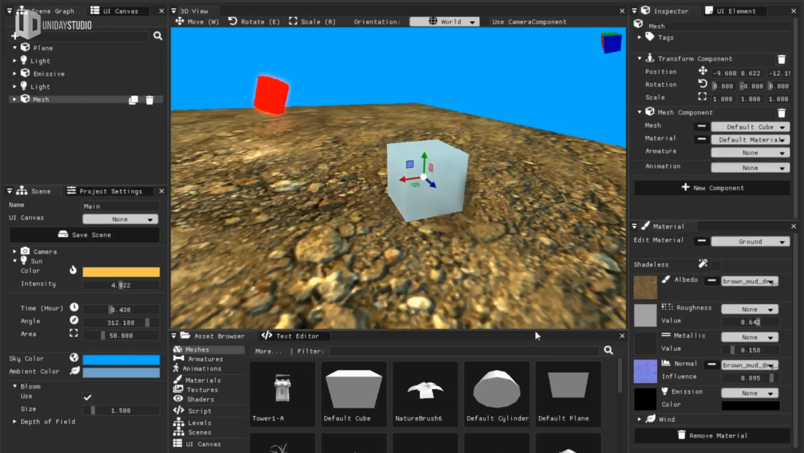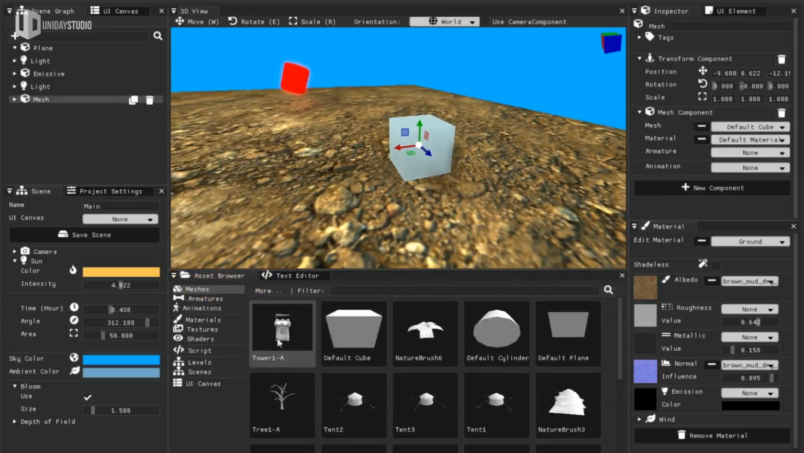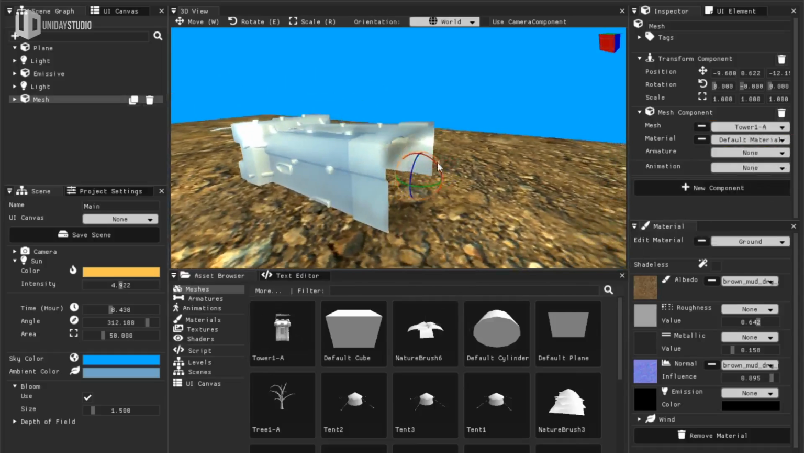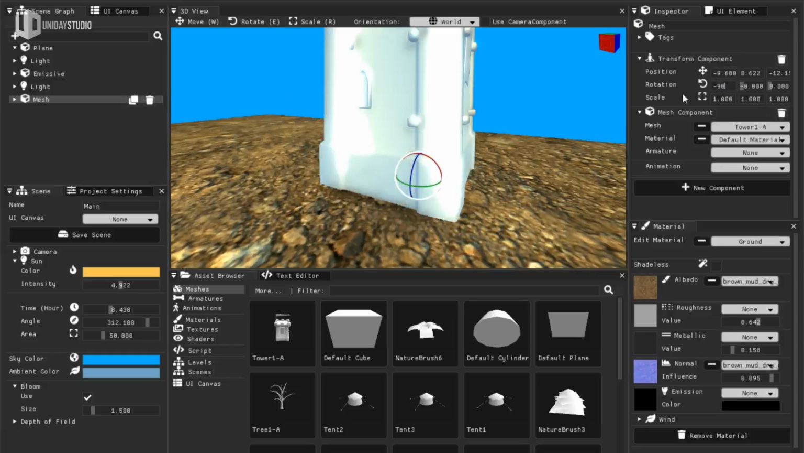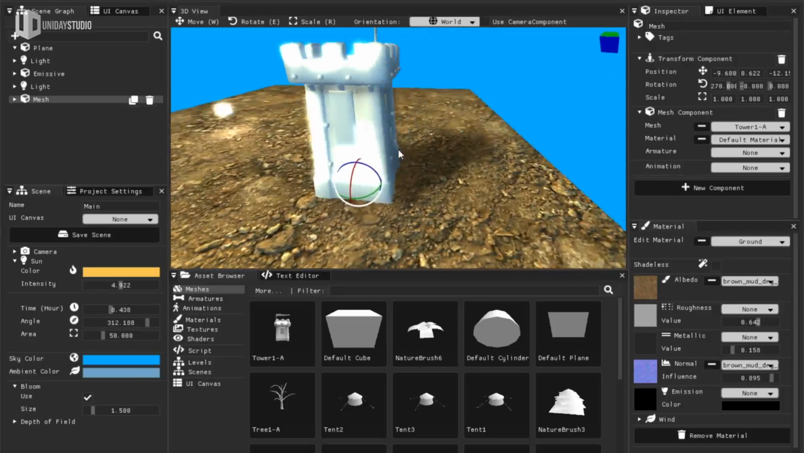Let me select this cube, and let me start with the tower mesh. So drag and drop the tower to the mesh, just like that. We have this tower object. I need to rotate it on the x-axis. Let me actually make this using the transform component, so I can manually type negative 90 degrees, and it will work just fine. Here we go, I have my cool tower here,